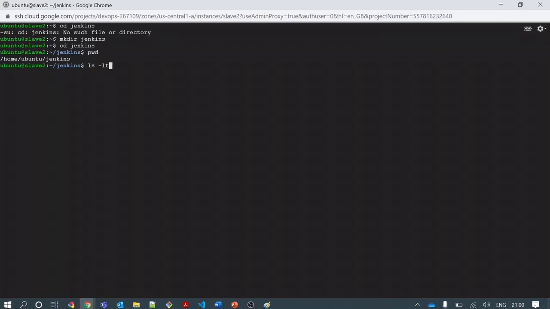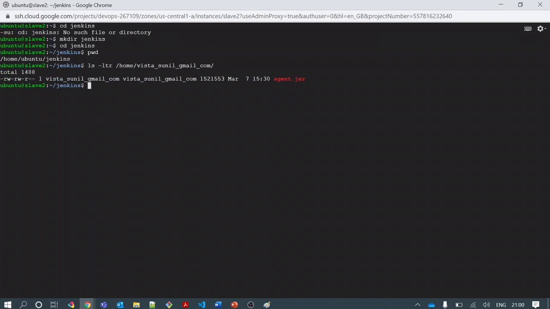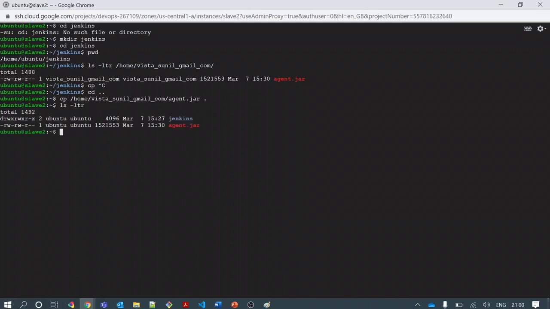I will do same. Home slash this, and agent.jar is available here. I will copy it. Let me go to my home folder and copy here. Okay, so let me check. Okay, so both the slave nodes, slave 1 and slave 2, have agent.jar available, and I can move to the next step.